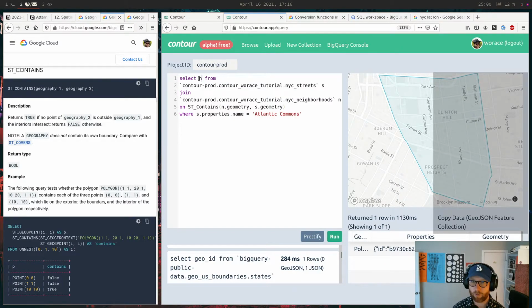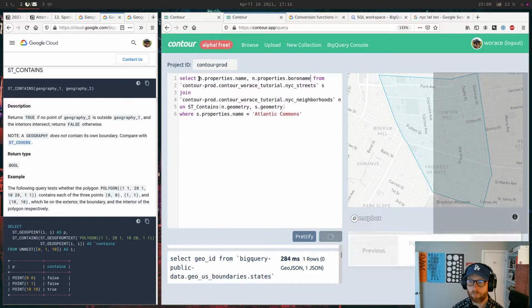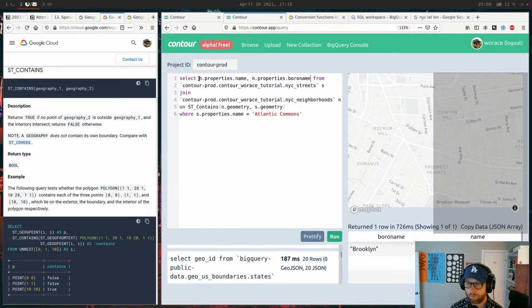So what is this? This would be N dot properties. Yeah, the more I think about it, the more I think I should explode the columns, even though it's not valid GeoJSON, maybe. Fort Greene. Is that Fort Greene?